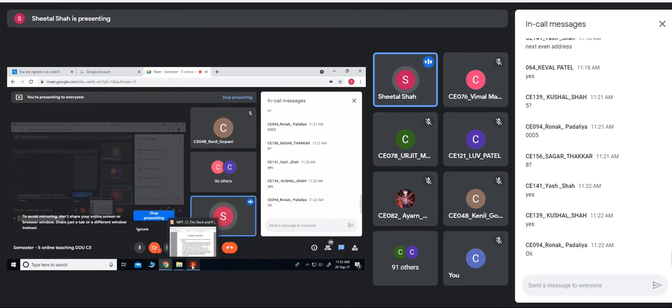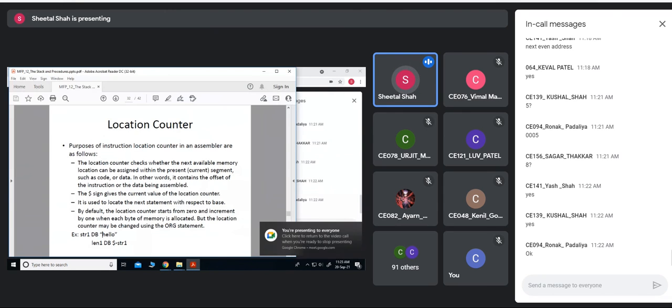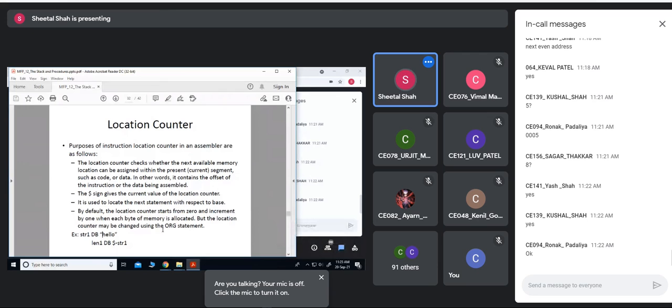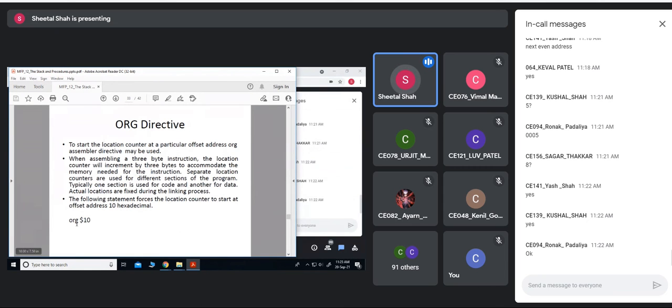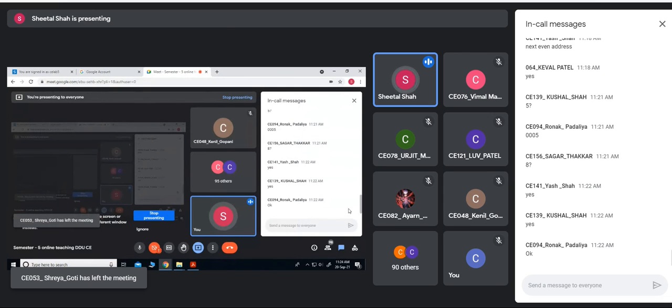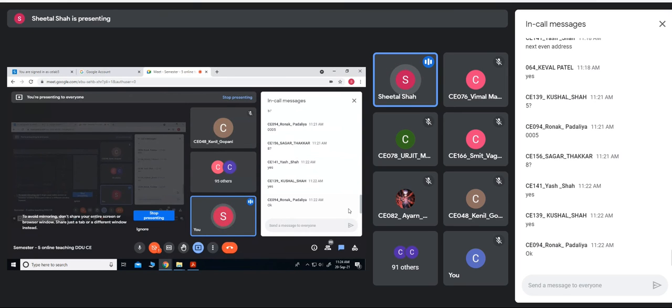If you want to change the default offset value to some other offset value, then you can provide the org assembler directive so that the offset value would change. For example, if I write org 10, it implies that the offset value of what follows that org statement should be at a displacement of 10 bytes.